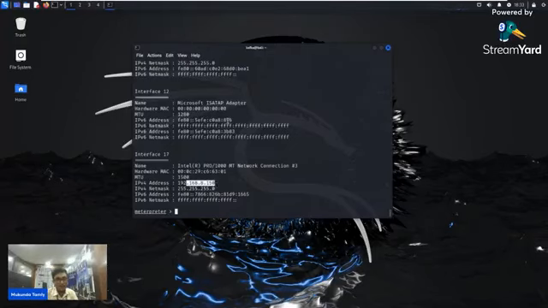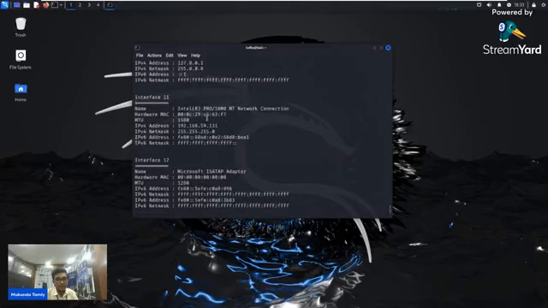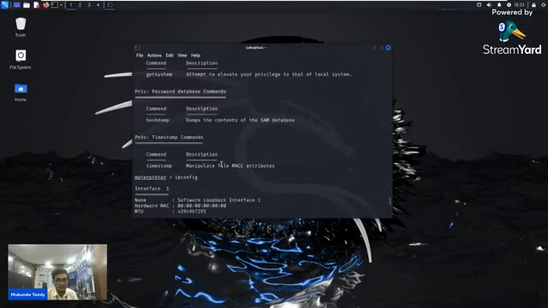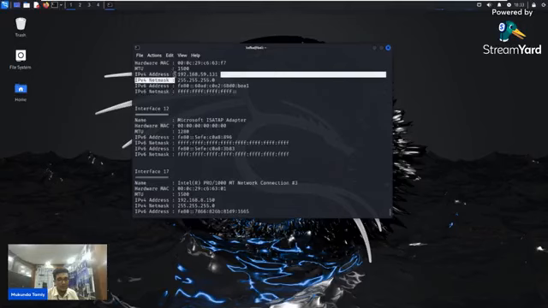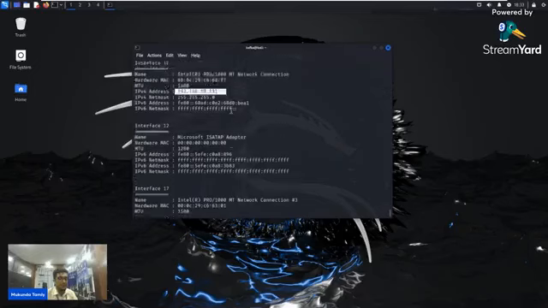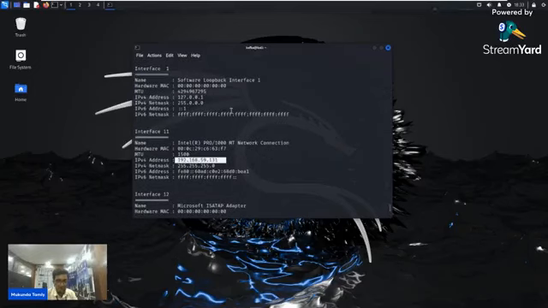If I go a little upper, you can see there is a 59.131. So basically it has two different networks and it is connected to both, right?